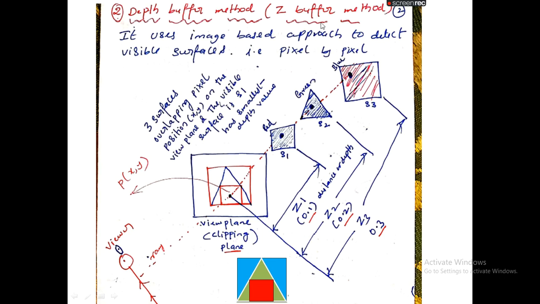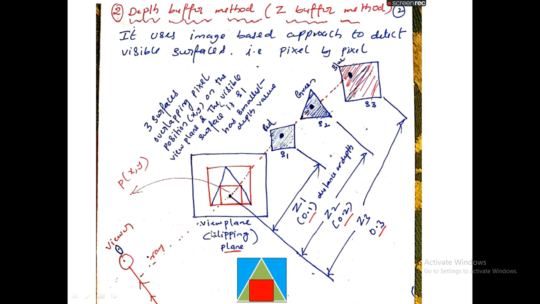Now, how does the Z buffer algorithm work? This depth buffer algorithm assigns the distance between the view plane and that particular surface.